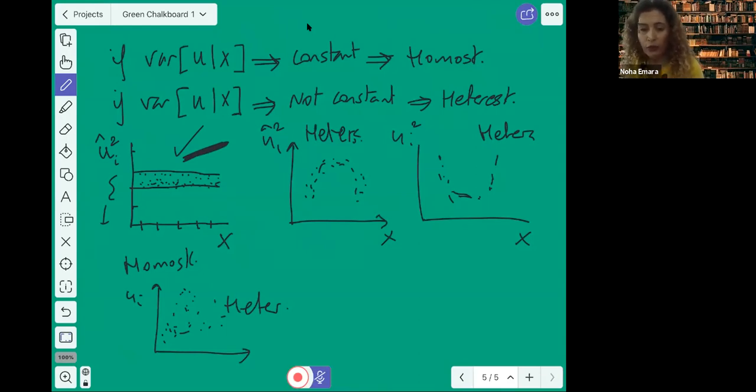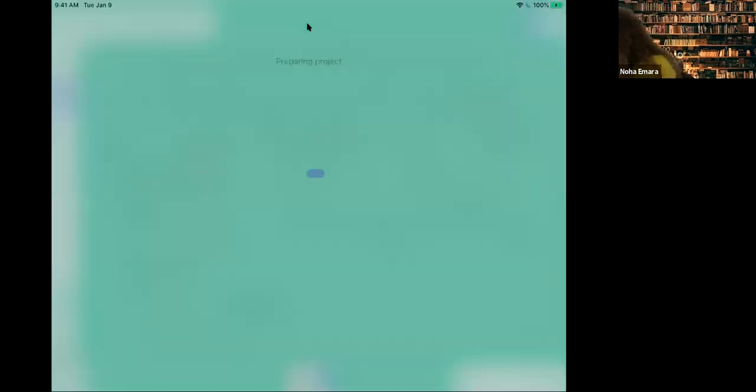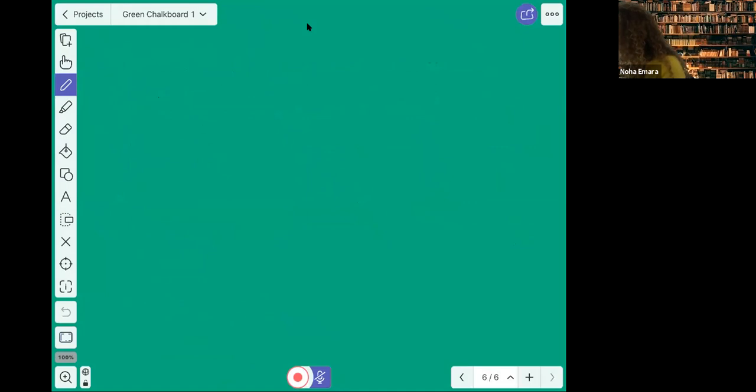In higher level econometrics courses, you would actually be performing formal tests. For the requirement of our course, we will be performing a couple of tests that we will go over now. But there are also more sophisticated, more formal tests that can be performed in higher level econometrics. So the problem is when I have heteroskedasticity, as I said already,